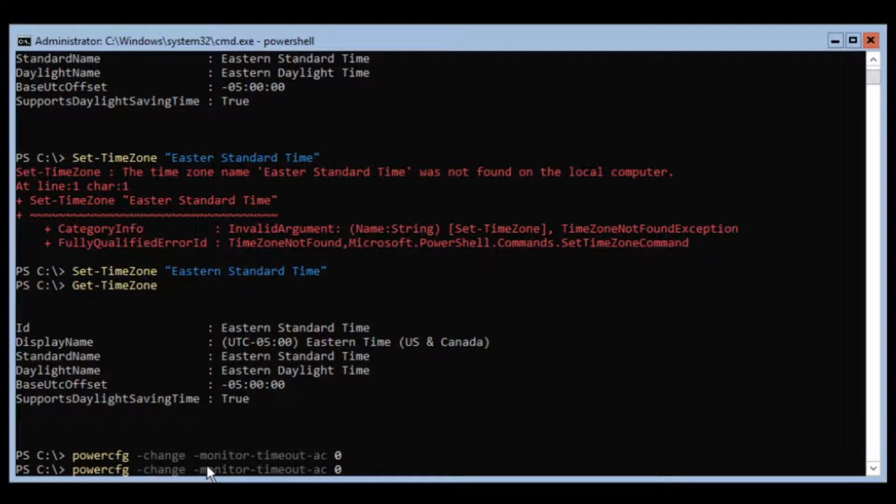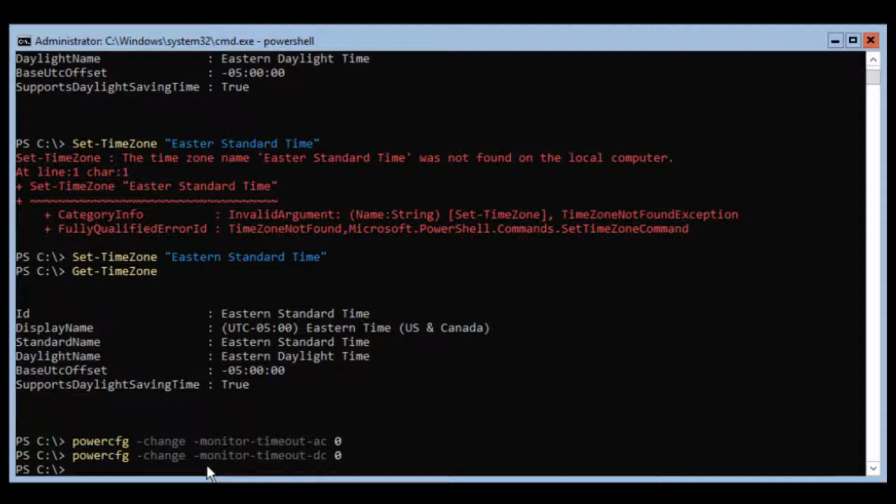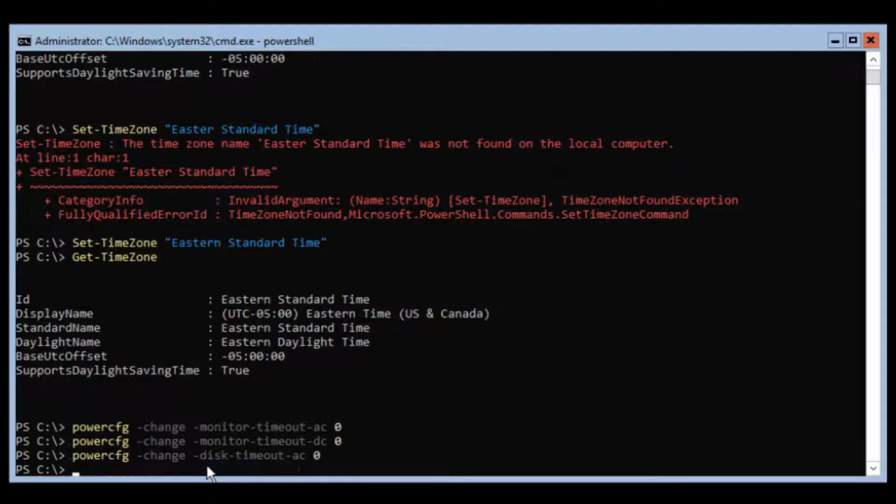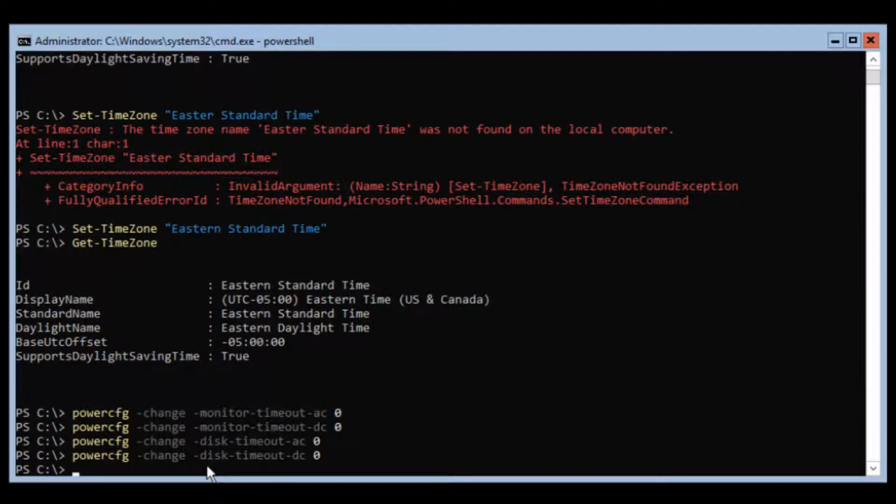And I'll do that for DC, and I'm going to change my disk timeout AC, disk timeout DC. And those are for the two power plans that you would see in Control Panel, but